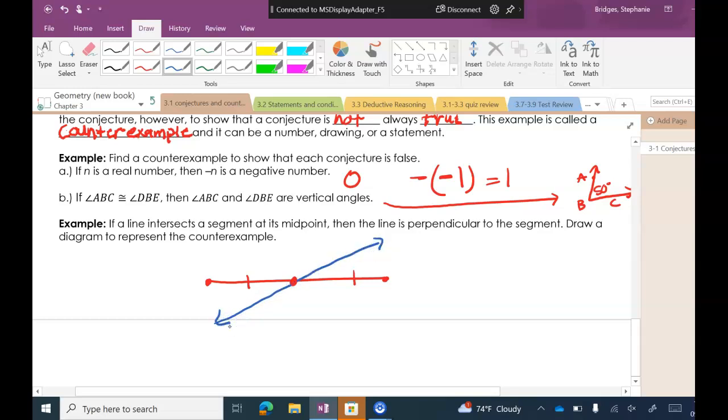Okay? It could look like that. It could go the opposite direction. It could be close to being right up, but you don't have your little right angle mark. So anything, as long as you have a segment with two congruent parts and a line going through that middle. That is my counterexample. Does that make a little bit of sense? So basically we're identifying patterns